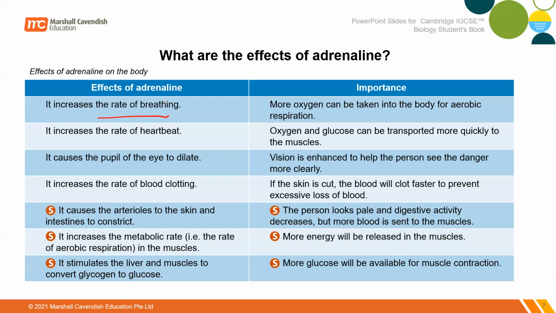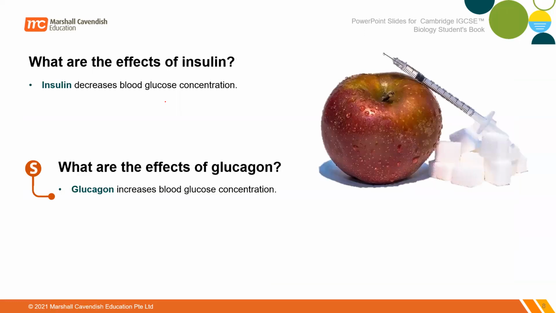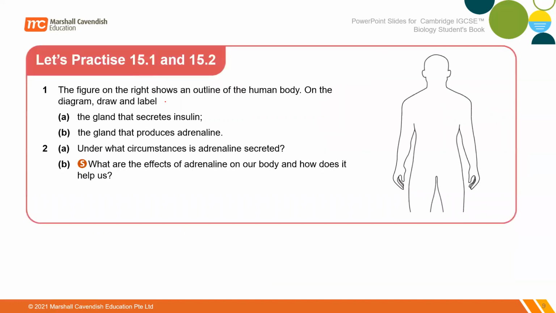Why? I do not need the blood to go to my stomach now. I do not need the blood to pass through the skin or the intestine. I need the blood to go to the major parts of the body that coordinate in this job, in the fight or flight response, which is the muscles. Okay. Next, the part on insulin. As we said, insulin decreases the blood glucose concentration, while glucagon increases the blood glucose